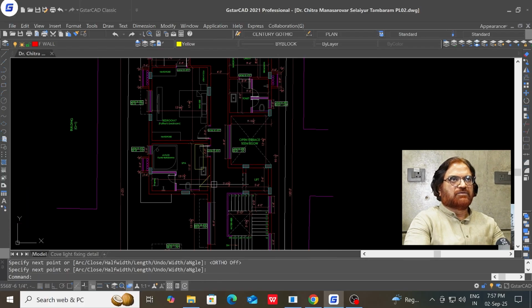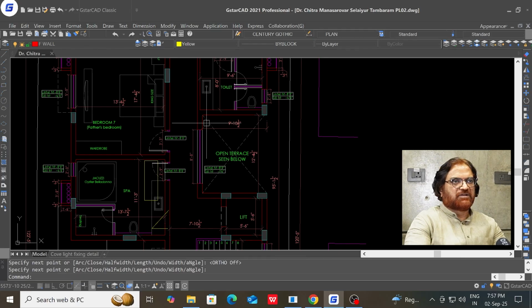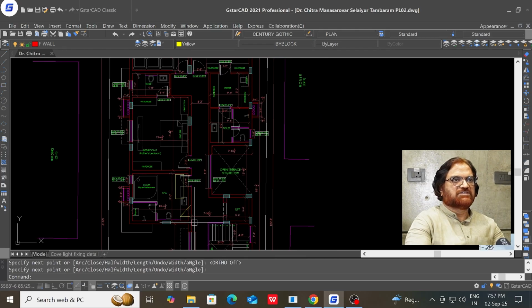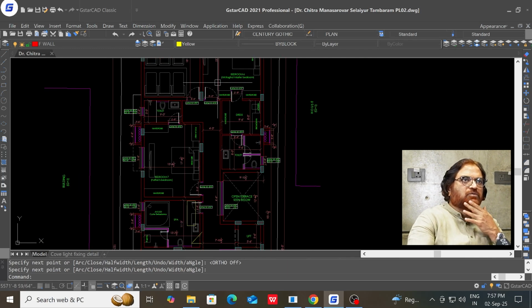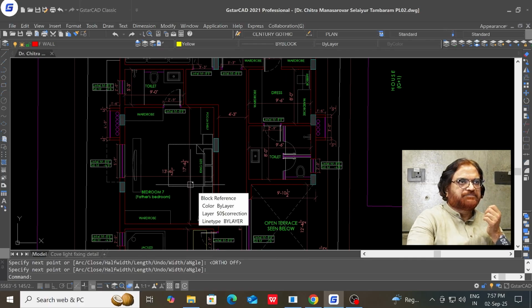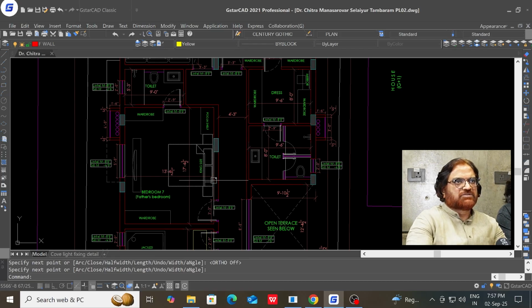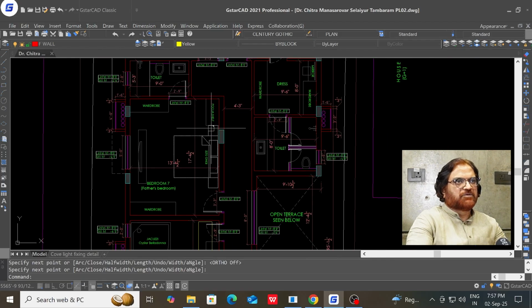Okay, so again, we are entering here. We don't need to have the corner glass here. This window is enough for this level, because otherwise we have a lot of sunlight coming from here. Then we have two bedrooms here. One belongs to the grandparents, and the position of this bedroom is good. The wardrobe position is good, and we are going to have a small puja as a requirement of the client,